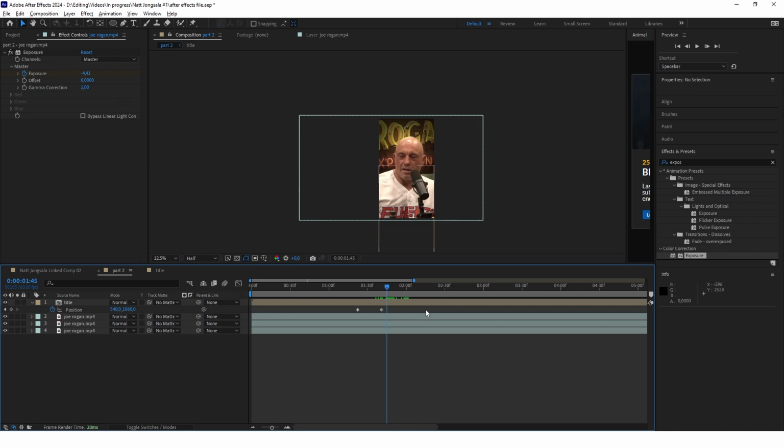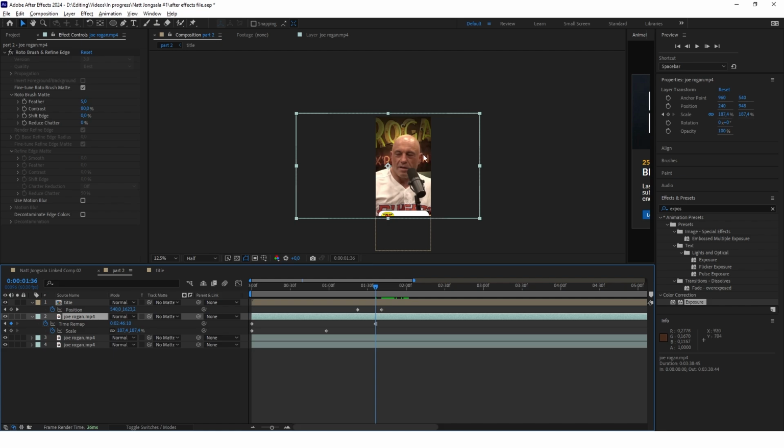You can of course play with all the values. You can play with the position of keyframes, with the exposure value, with the position of mask to get the look that you want. Also, it's very important to create this copy, this bottom copy of the clip, because without this it will look like that. You see, so it's not really good, so you have to create this copy.